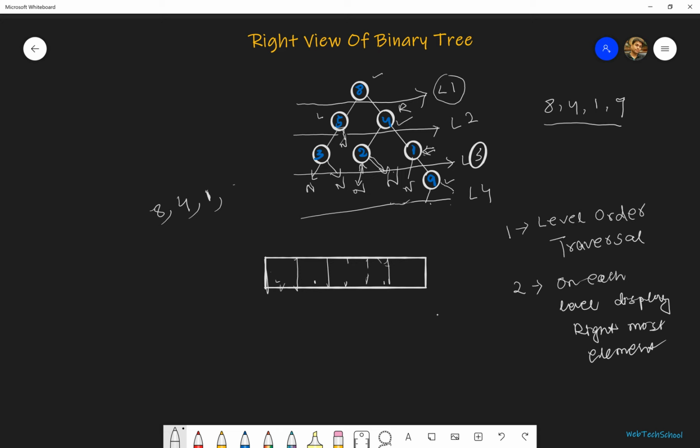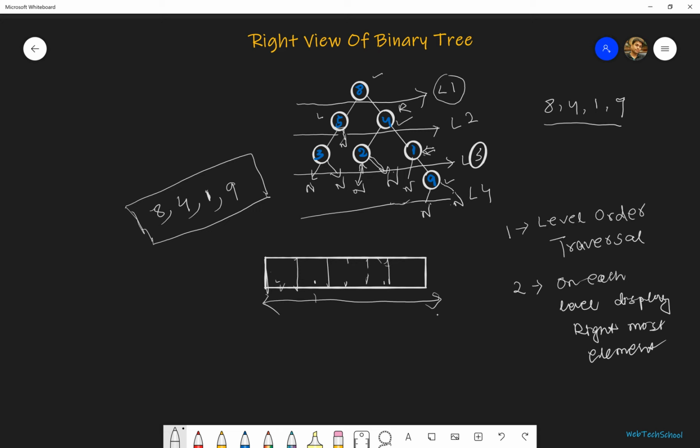So we are going to print 9 and push its left child and right child. For 9, both are null, so nothing to push. Now the queue has become empty. The answer we have got is the right view of the binary tree.